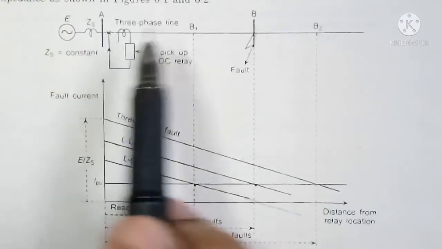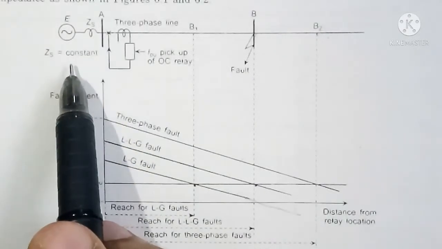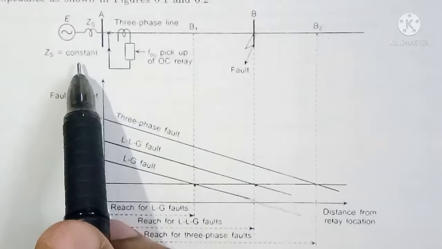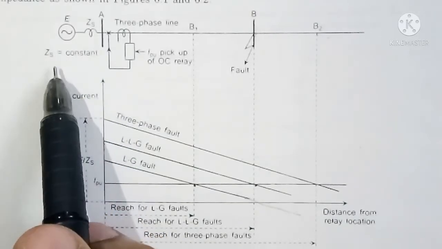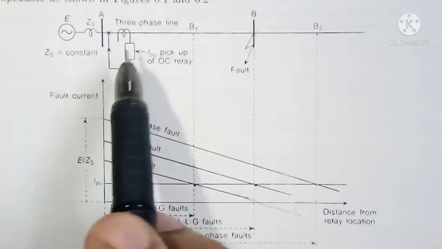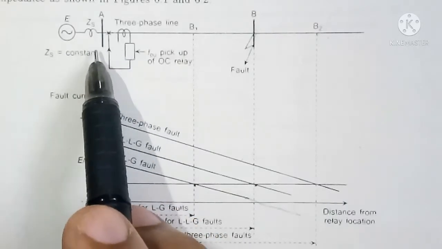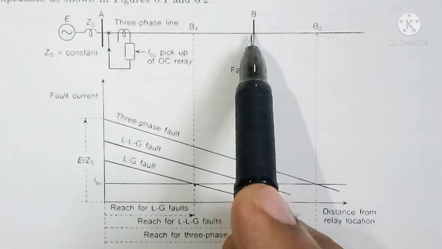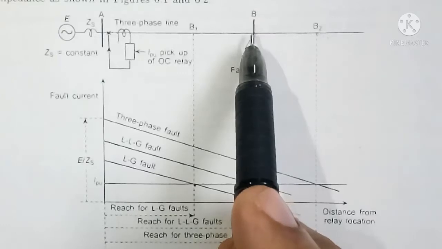Source means generator for us, and its impedance is ZS, that is, source impedance is ZS. It is bus A to which the source is connected, and here is bus B, and the transmission line extends